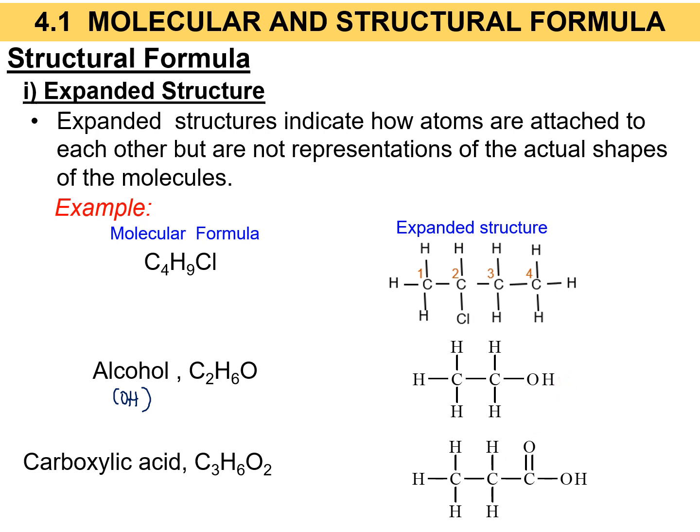But if your task assignment asks you to draw a full expanded structure of an alcohol, this will be the wrong one. Why? Because this is not a full expanded structure yet, since the OH has its bond condensed. So this is not allowed. Okay, so if you need to draw the expanded structure for alcohol in your task assignment,